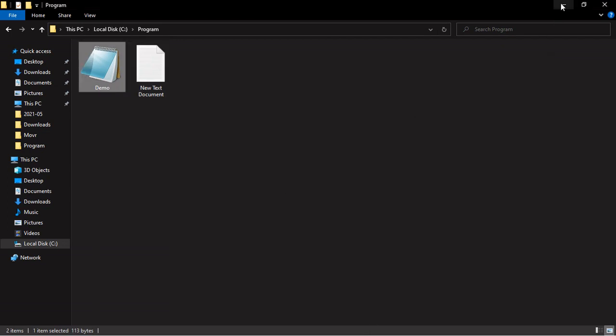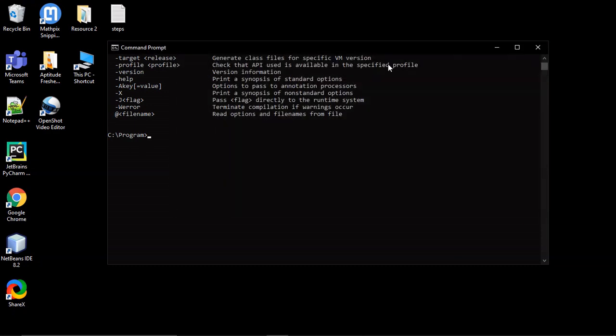Now I have to execute this program in my CMD. Using the javac command I can compile the program file, which is named demo, with the extension .java. Now the program is compiling. It has been successfully compiled. Now we can run that file using the java command. This demo is the class file which has been generated after compilation of the demo file. Now see, the output has been printed on the command line, that is hello world.